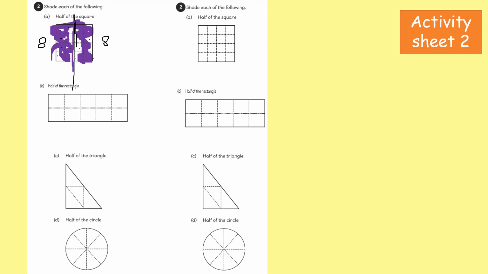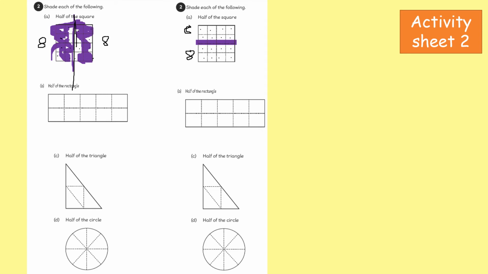Yes, we could, children. We could fold it going along like this. Okay. And again, if we counted how many squares, remember they need to have the same amount of little squares on both sides to be equal. So we've got 1, 2, 3, 4, 5, 6, 7, 8 on this side. So there must be 8 on the other side so that they're the same, they're equal. 1, 2, 3, 4, 5, 6, 7, 8. Yes. So it has been cut into 2 equal parts, and 2 equal parts means it has been cut into